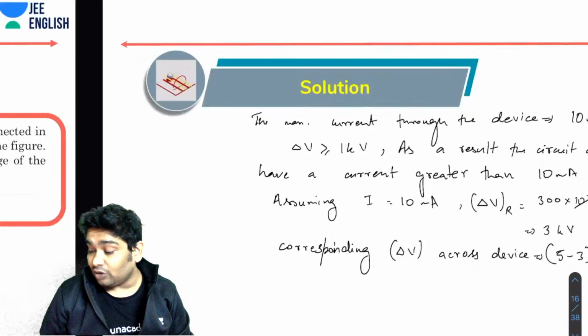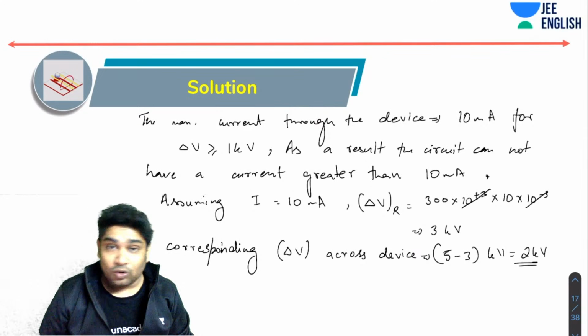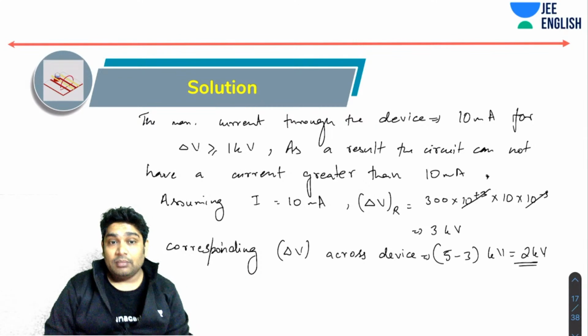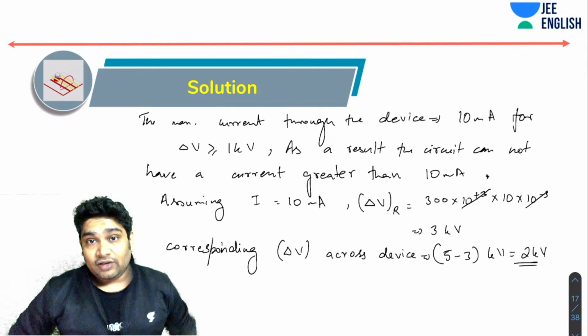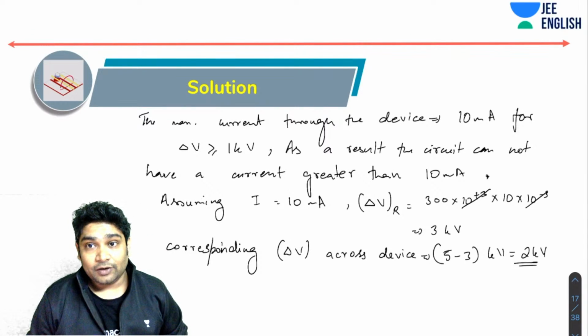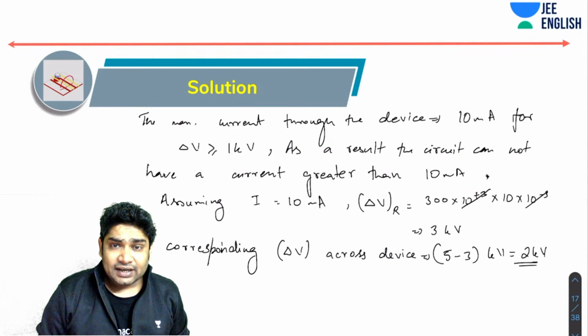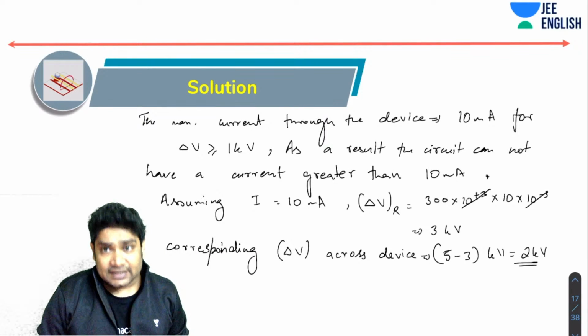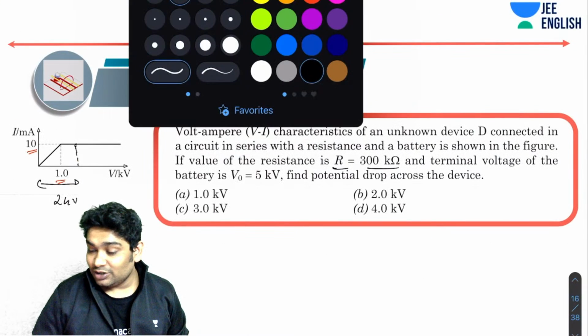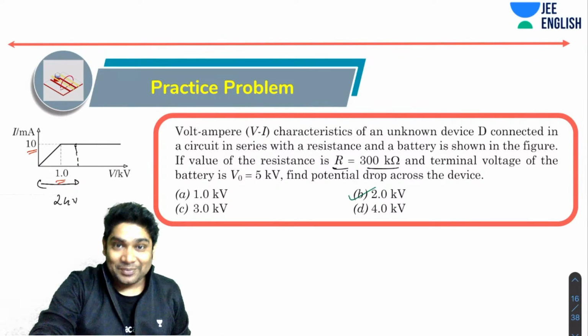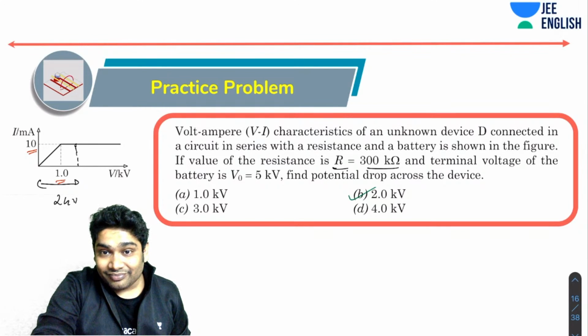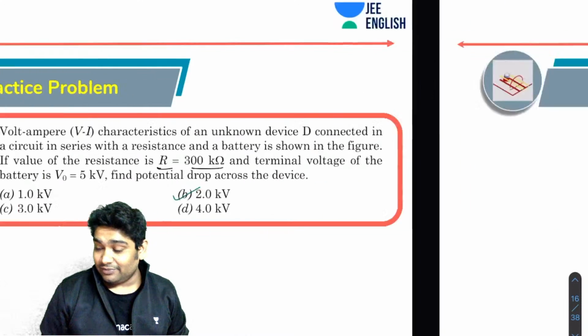If the potential drop came out to be less than 1 kilovolt, then I would have had to reassess my calculations. Then I would have had to imagine another value of current. But since I imagined the current to be 10 milliamperes and the corresponding potential difference is coming out to be greater than 1 kilovolt, my assumption is correct and B will be the correct answer. So well done, AP. You were absolutely right. All right. So Advocate Isam Prajapati also says B. So great, both you guys are absolutely correct.